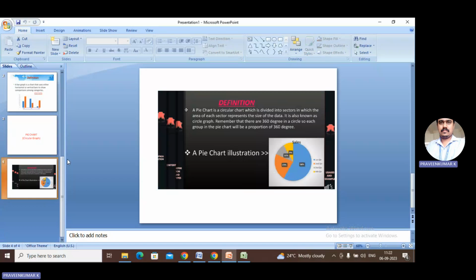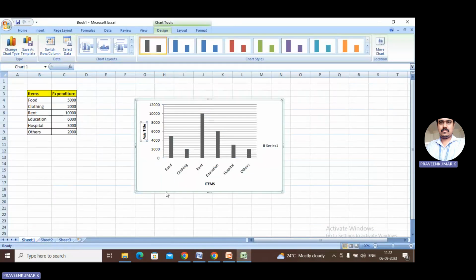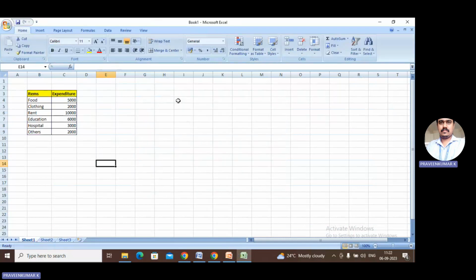Now let us see how to construct this pie chart. So I'll go to the Excel sheet. I'll open the Excel sheet. This is a bar chart. I'll delete it, just select this one and I'm deleting it. So how to construct the pie chart for the same given data? First select the data. I'm selecting the data. Go to insert,